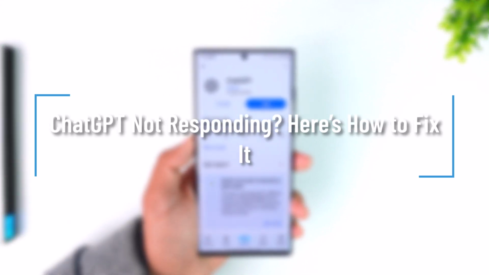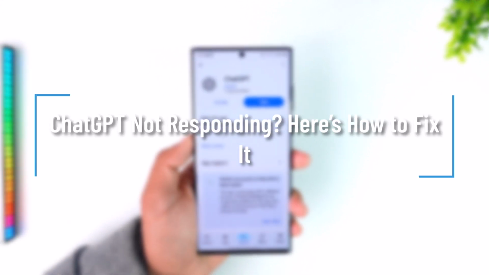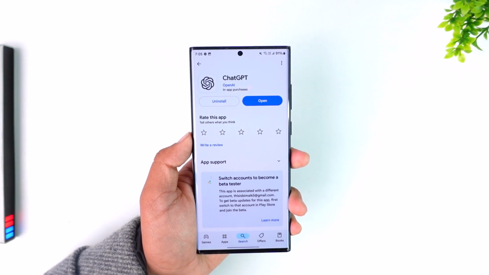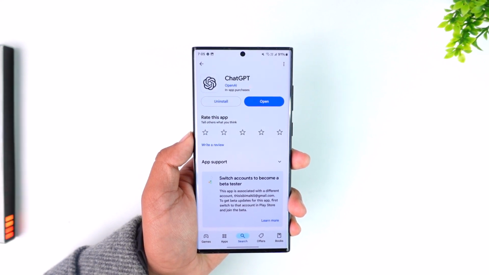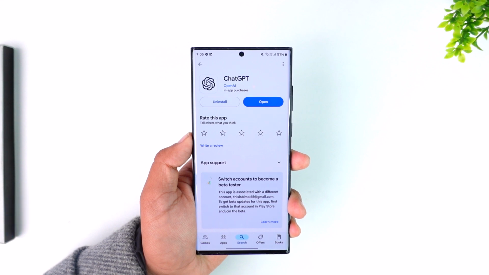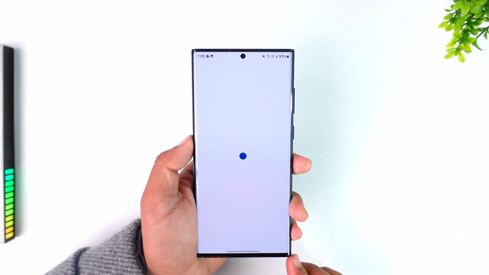ChatGPT not responding? Here's how to fix it. Now, if your ChatGPT is not responding, first it depends upon whether you're using it on mobile or on your browser. If you're already logged into ChatGPT but it is lagging too much,